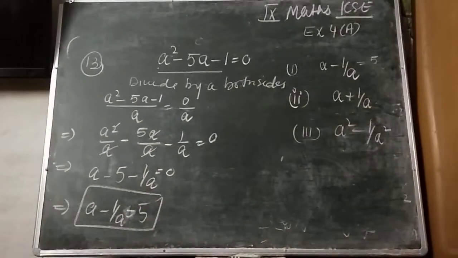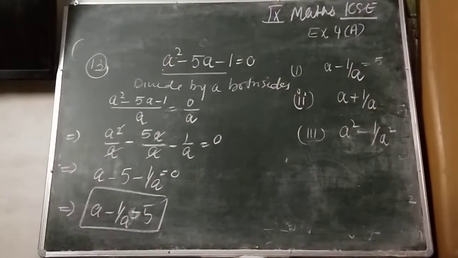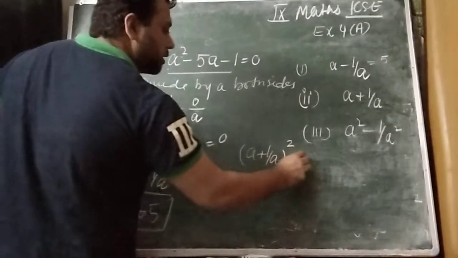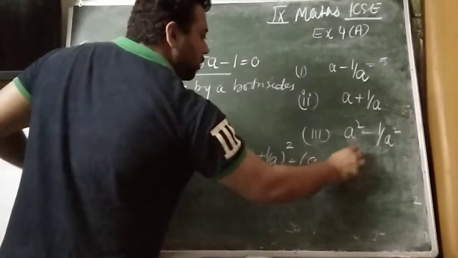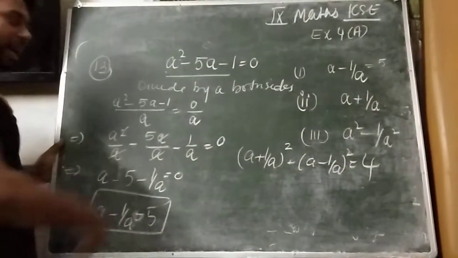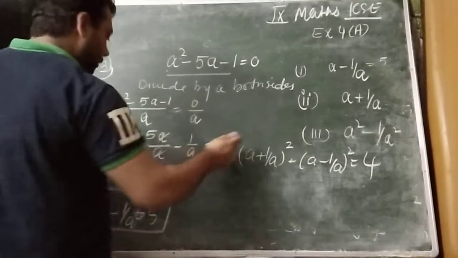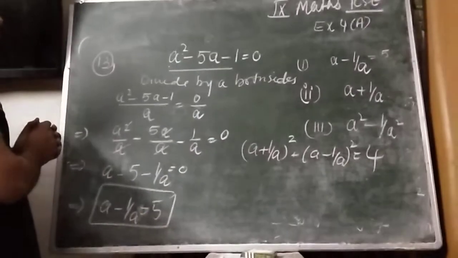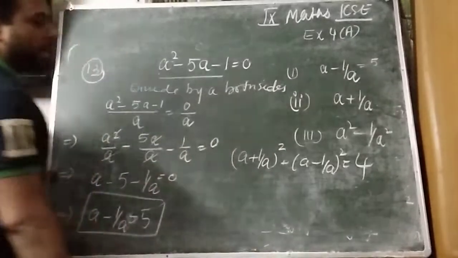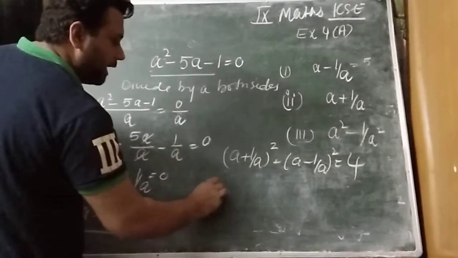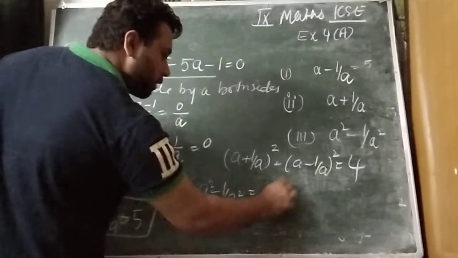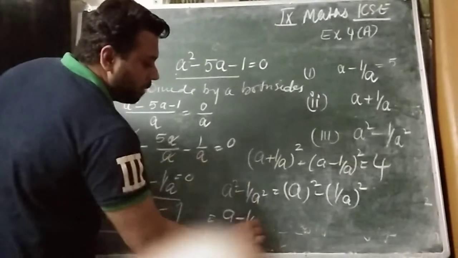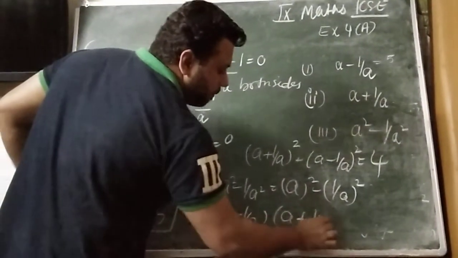So how we can get the value of a plus 1 by a? By using a minus 1 by a. For that we have to apply the formula that you people know already. (a minus 1 by a) whole square equal to 4. And how we can find this? यानी कि from the first step we get the value of a minus 1 by a. From the second step we will get a plus 1 by a, and third step means we have to find a square minus 1 by a square. Already कर चुके हैं हम. Which formula we have to apply? A minus 1 by a, one time minus and other time plus.